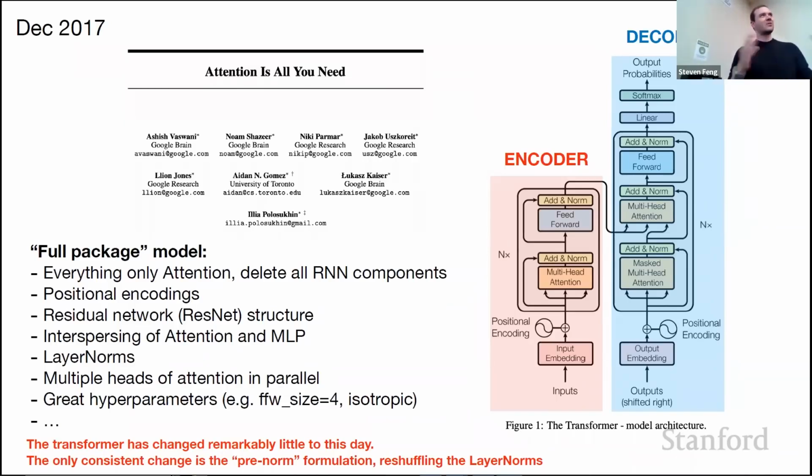I believe there's a number of papers that try to play with all kinds of little details of the transformer, and nothing sticks, because this is actually quite good. The only thing, to my knowledge, that didn't stick was this reshuffling of the layer norms into the pre-norm version, where here you see the layer norms are after the multi-headed attention or feed-forward. They just put them before instead. So just a reshuffling of layer norms, but otherwise the GPTs and everything else that you're seeing today is basically the 2017 architecture from 5 years ago. And even though everyone is working on it, it's proven remarkably resilient, which I think is really interesting.